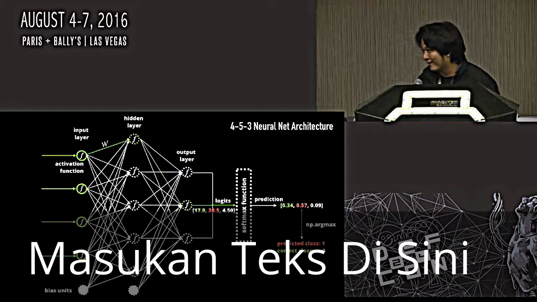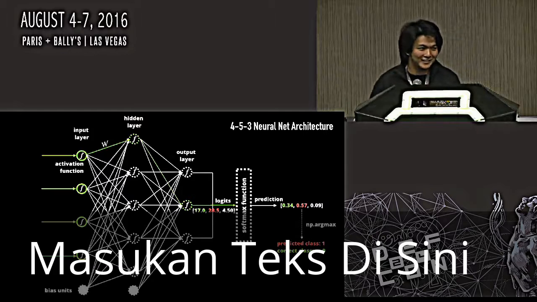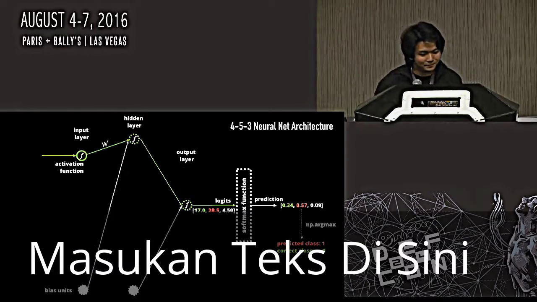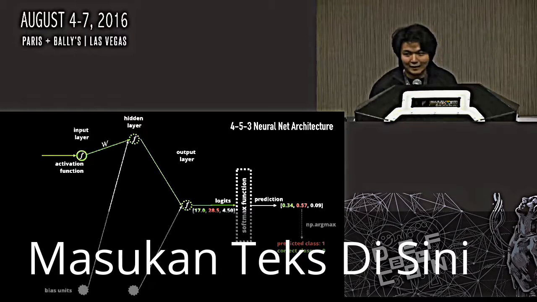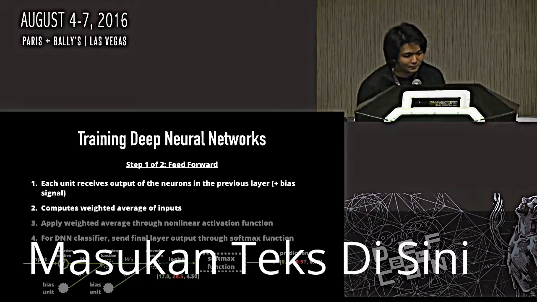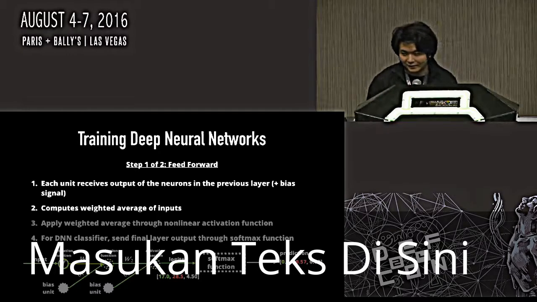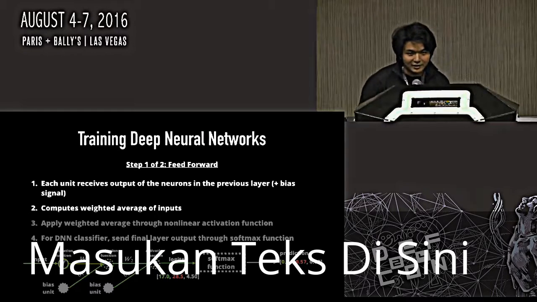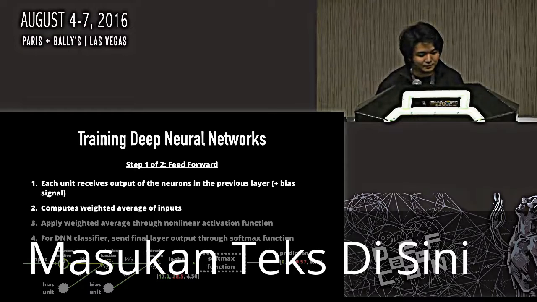So all this is just theory. Don't worry about it. You can just take any one of the 10,000 MOOCs out there to learn about deep learning. But let's just look at a simple example of how training works, so we can go into how to bypass them. So the first step is the feedforward step. Each unit receives the output of neurons in the previous layer. In the case of the first layer, it just receives the input. And then the bias is added to it.